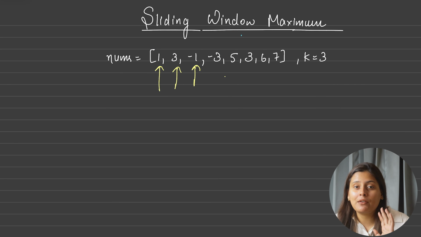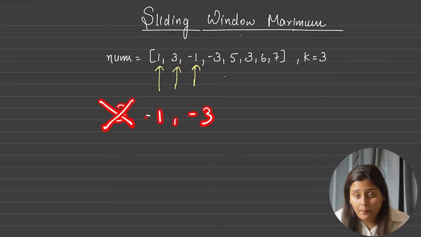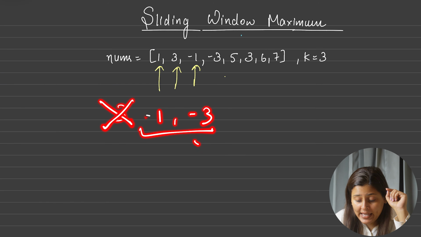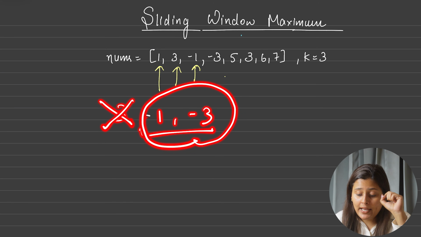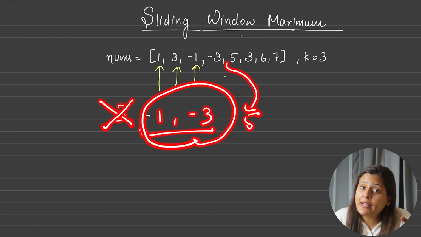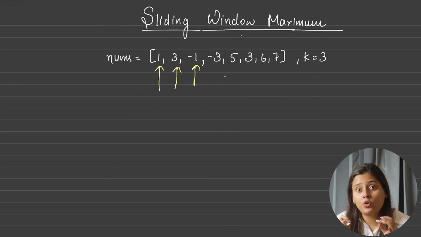But there is a drawback if you use a heap, because in the heap data structure, when you remove this, although it is in sorted form, it will still take log of k time complexity to maintain itself when you delete. Again when you put this 5 here, correct? Then again it will take log of k time to manage itself so that the maximum will come up. So every deletion and insertion costs us log of k time complexity. Space-wise it is taking only k, but from the time perspective it is also taking log of k.